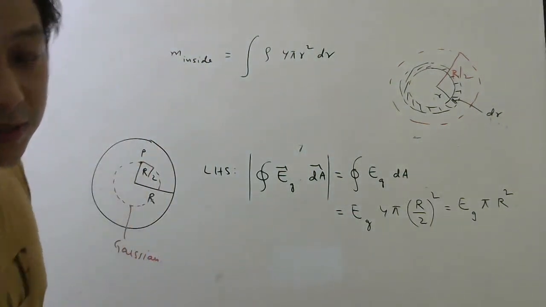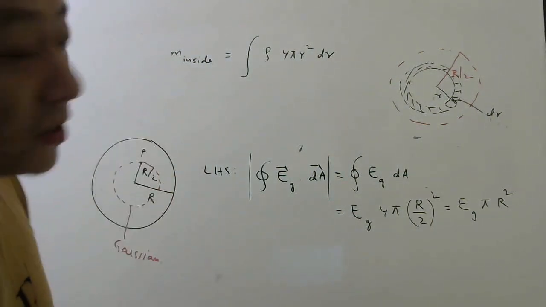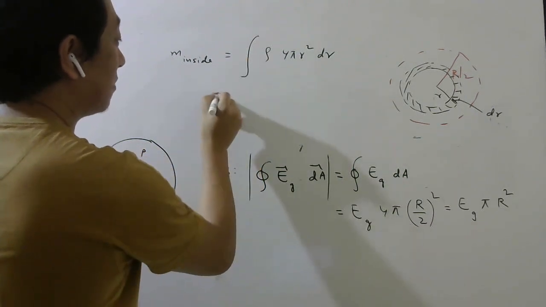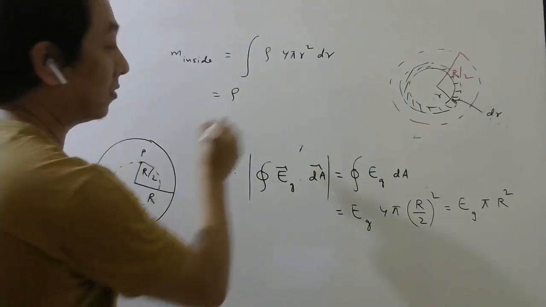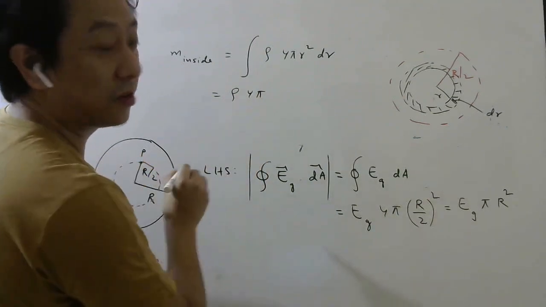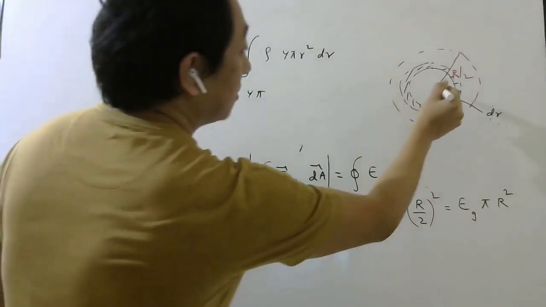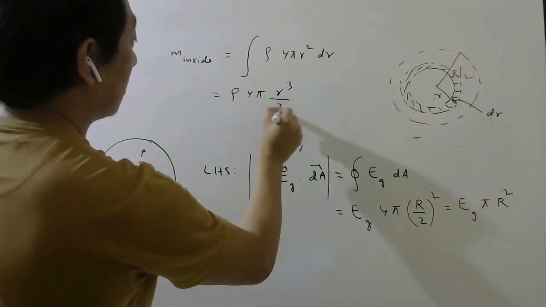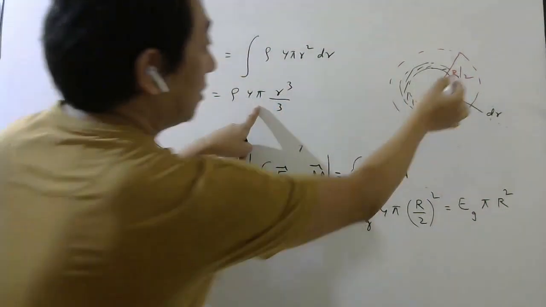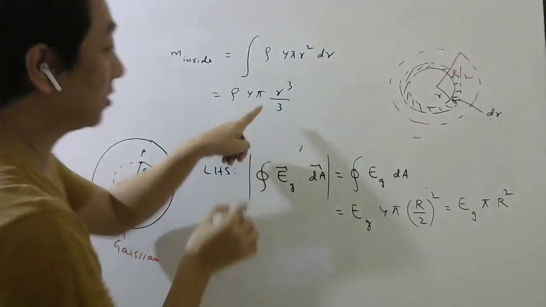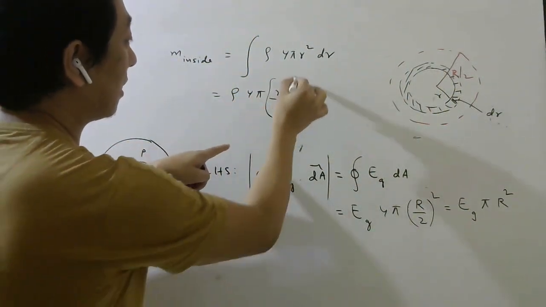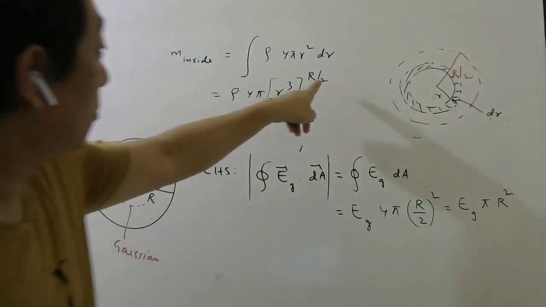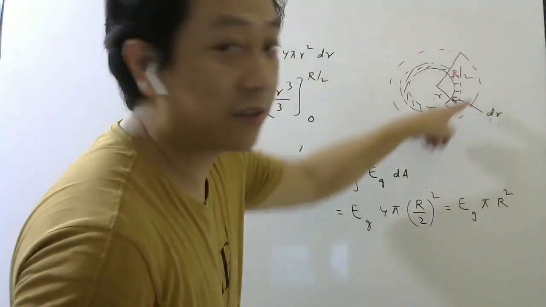All these things we have discussed while doing Gauss law for electrostatics. And this density is not constant. See, if this density was constant, what will happen? 4 pi will come outside. Then you have to integrate r square from 0 to r by 2. So you will get r cube by 3, which is nothing but the volume of this red color sphere, because the small r upper limit is r by 2 and the lower limit is 0.